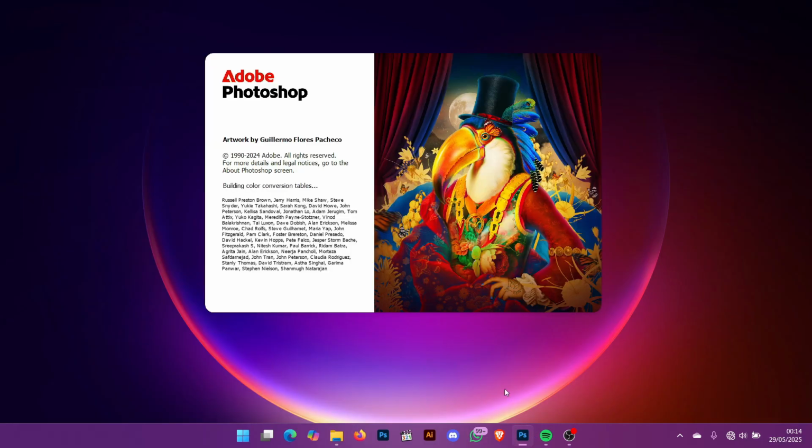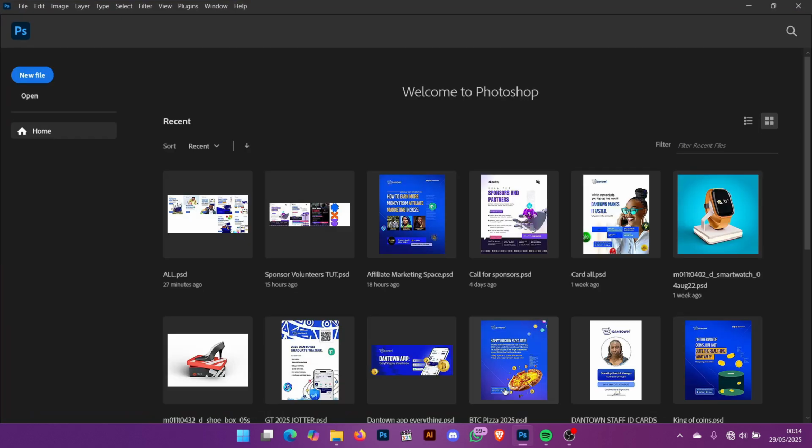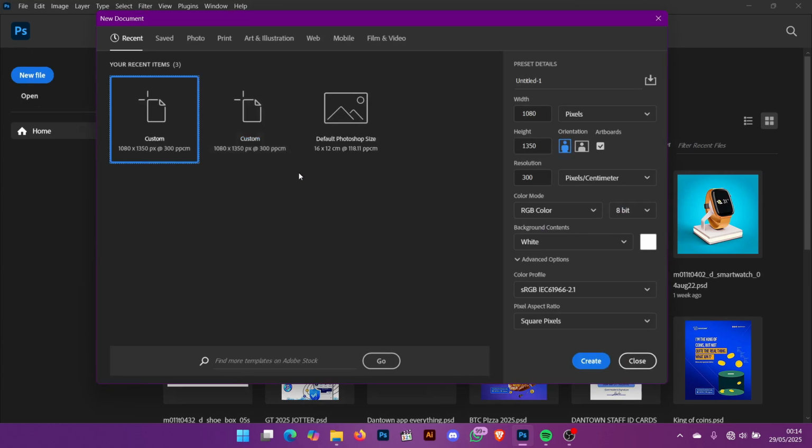So I'm using Photoshop 2025. You can basically do this in any of the Photoshop suites. You head over to File, click on File. When File comes up, you go to your presets, you input the social media size, 1080 by 1350. So for you to get multiple files in Photoshop, after you have clicked on your new file,